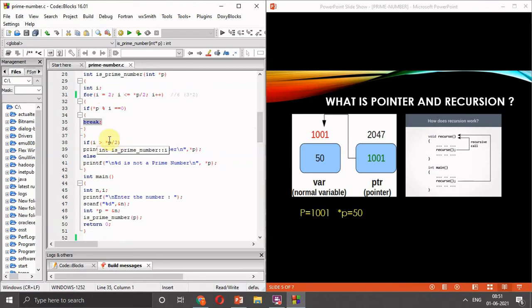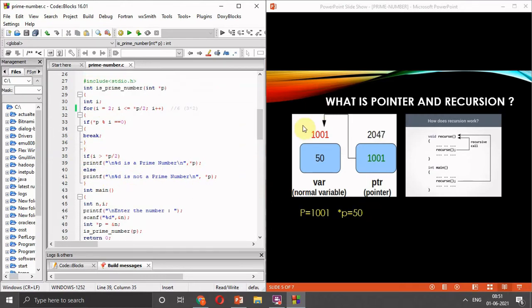Now what is here? i's value is 2 only, and 2 is not greater than 6 by 2. That means 6 by 2 is nothing but 3, and is 2 greater than 3? The condition becomes false. So we will jump into the else part, and we will print that %d is not a prime number.